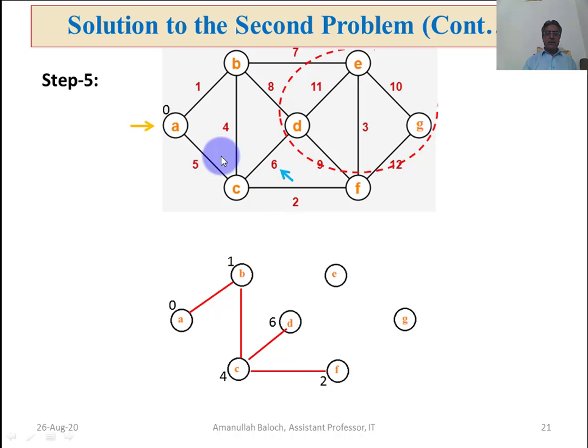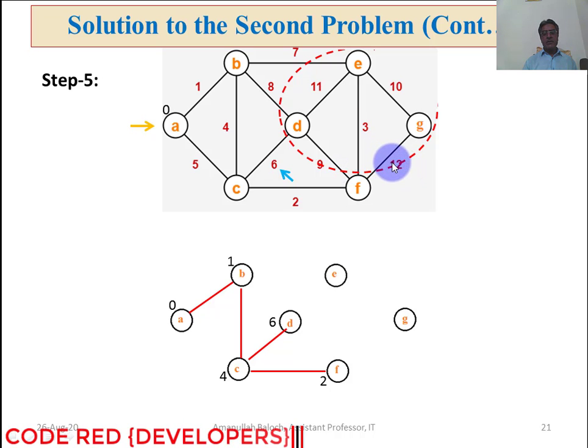Next, because this has been processed, this is the single node which is just remaining. So the cutting edge will separate the processed and unprocessed nodes like this. So it will cut the edges with weight 10 and weight 12. You may see it here. So this edge contains the weight 10, this edge contains the weight 12. 10 is the light weight, it will be selected, and this weight 10 of the edge will become the key value of G. Key value of G becomes 10.